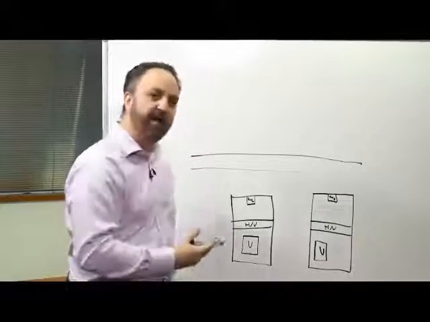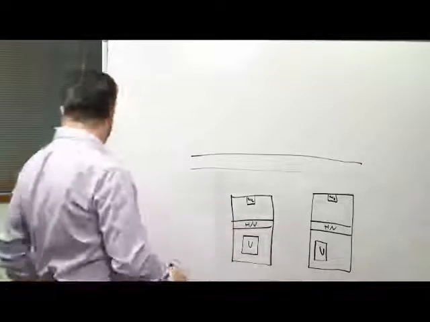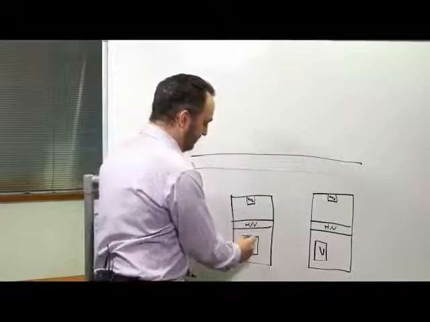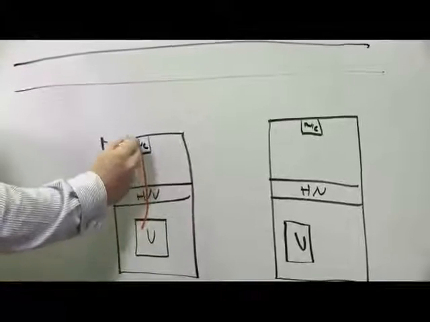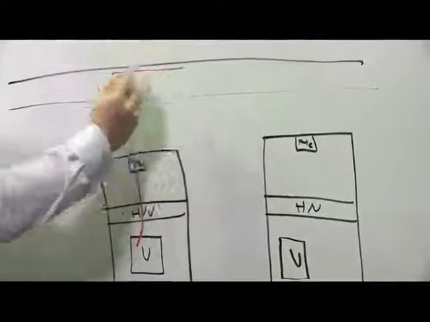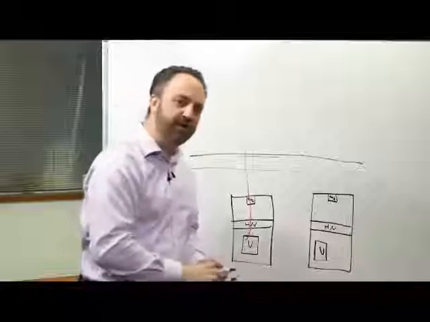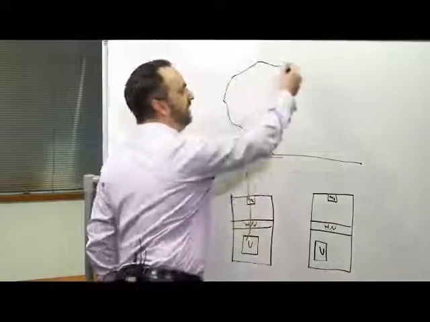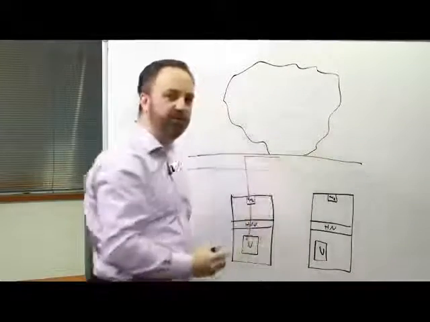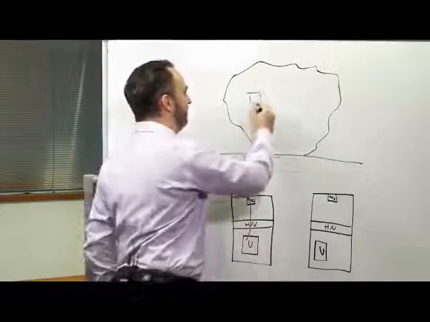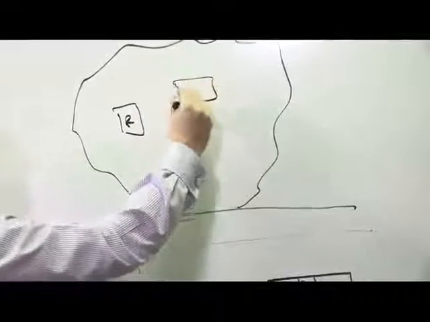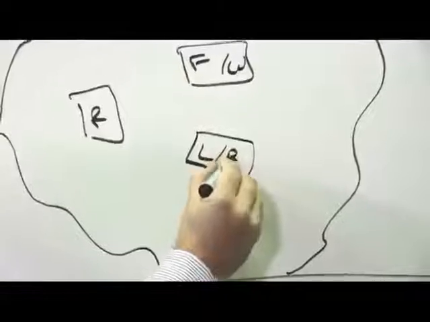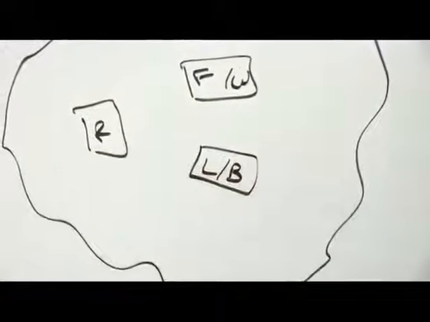So how does a packet get from one VM to the other? Here's my packet. Here's a message goes out through the hypervisor, through the network card, and it goes along, and it gets to about here. Now, about here, it goes into the magical world of networking, which is this huge cloud of networking devices. And up here, we've got routers, we've got firewalls, we've got load balancers, and many other devices besides that you'd